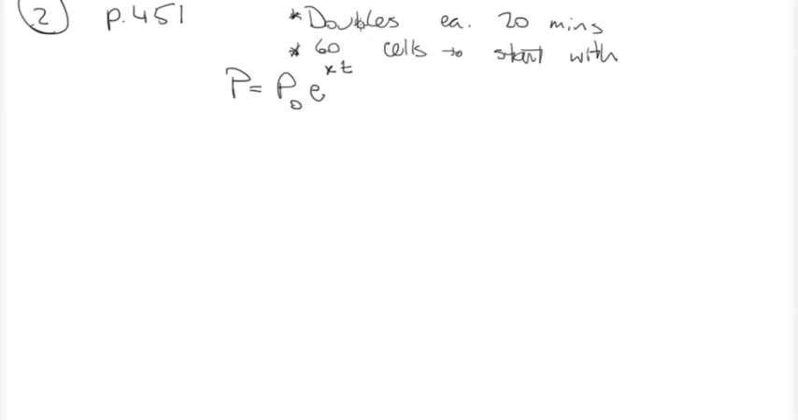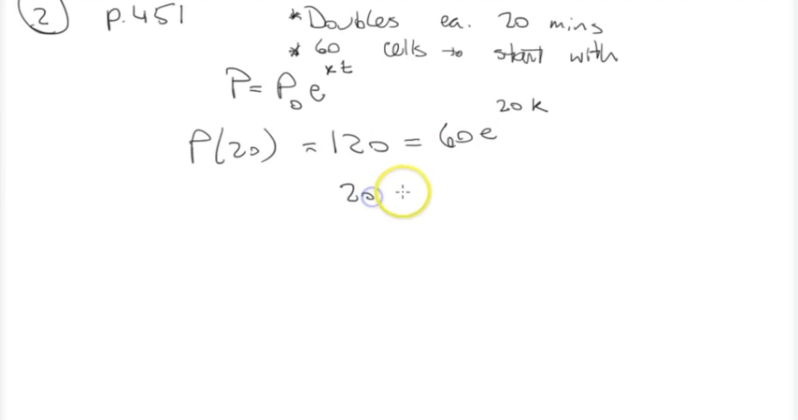And so we know that the population doubles every 20 minutes, and we have 60 cells to start off with. So P at time equals 20 is going to be twice the initial, so that's 120, which is going to be equal to the initial 60 times e to the 20k, with 20 being the time in minutes. And so we need to find the relative growth rate, we need to find k. So we can divide by 60, so we'll get